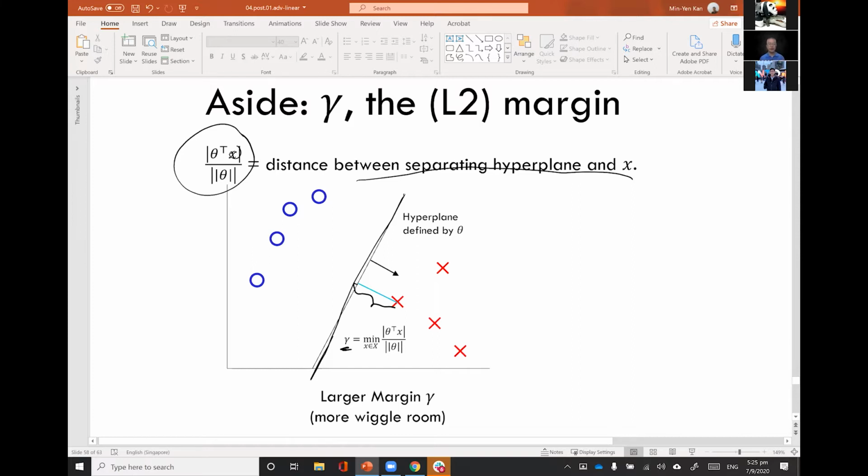If you get a chance to look at it in the pre-lecture this week, which I hope you do, I think you'll find it very intuitive. But I'll just try to recap it a little bit here. When we have a hyperplane to try to separate a set of points,